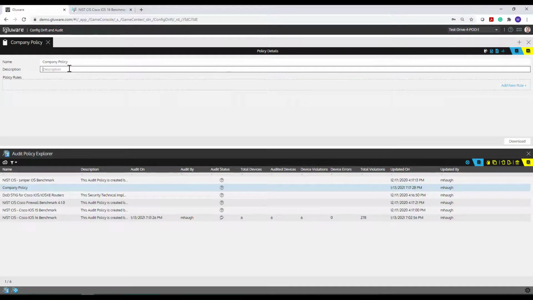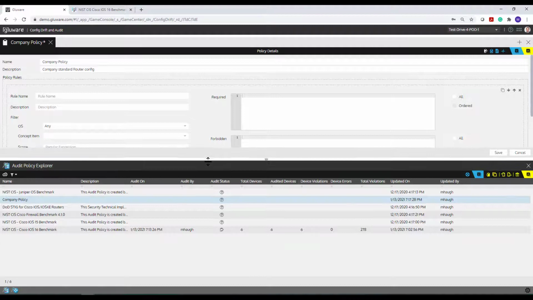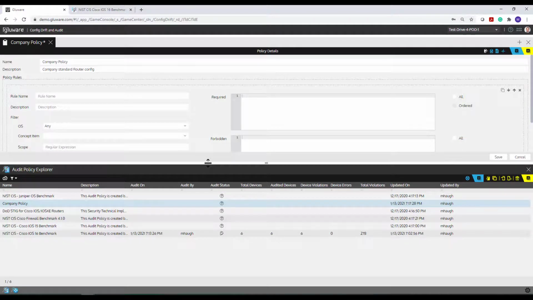So Company Policy, just call it Company Standard Router Config. Something really, really simple. And I'm going to click Add New Rule. One of the things that's actually very handy here is that you can